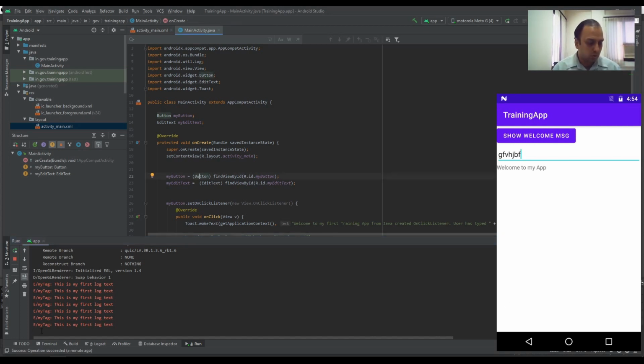Okay, so friends, that is all for today. I hope you learned and got insight into how to configure a device for the installation of an app, how to configure the PC, how to configure Android Studio, and how the app flow and the programming flow work. That is what we did in our training app that we just created.